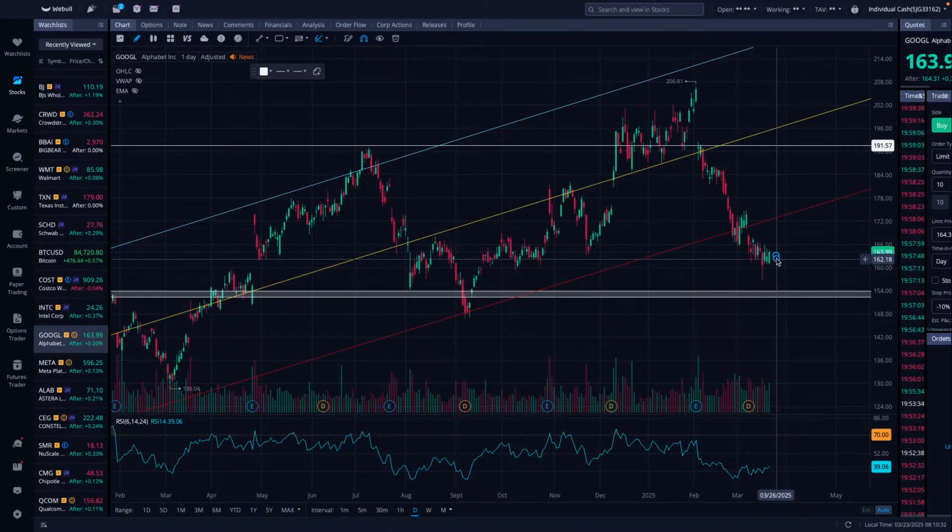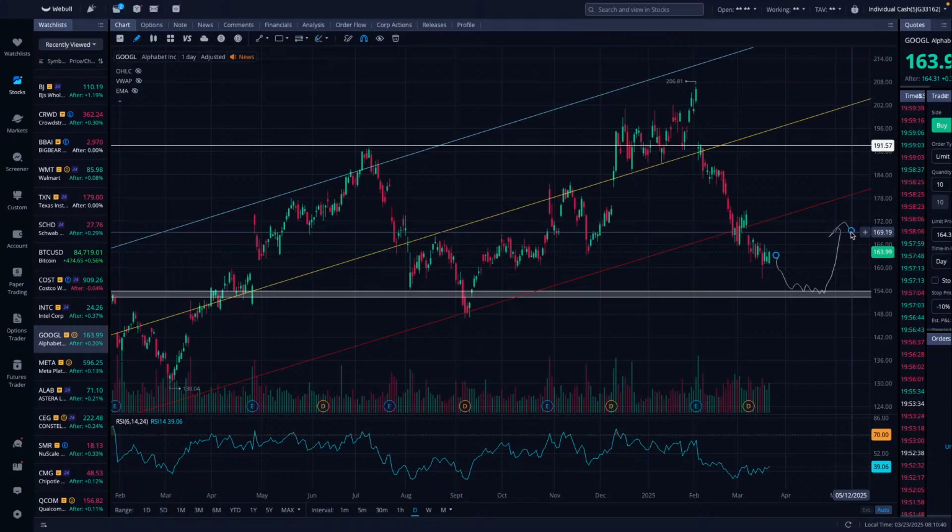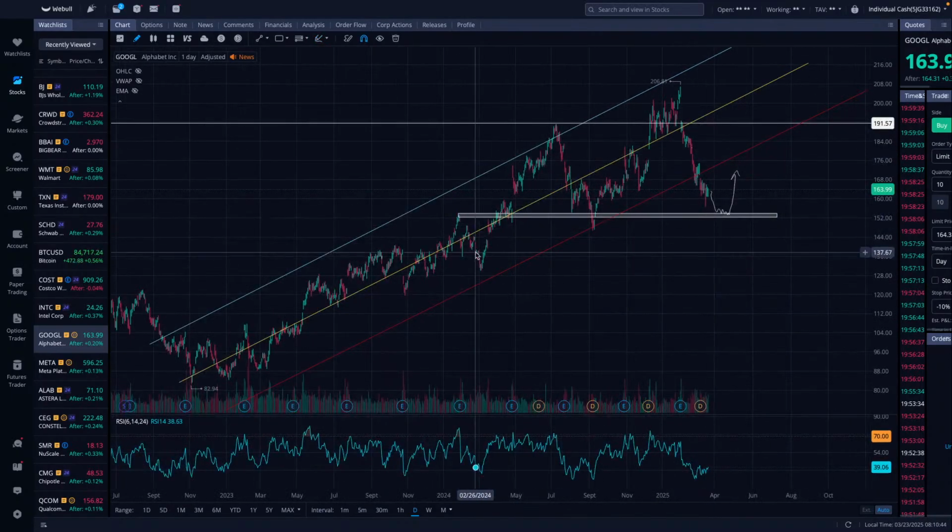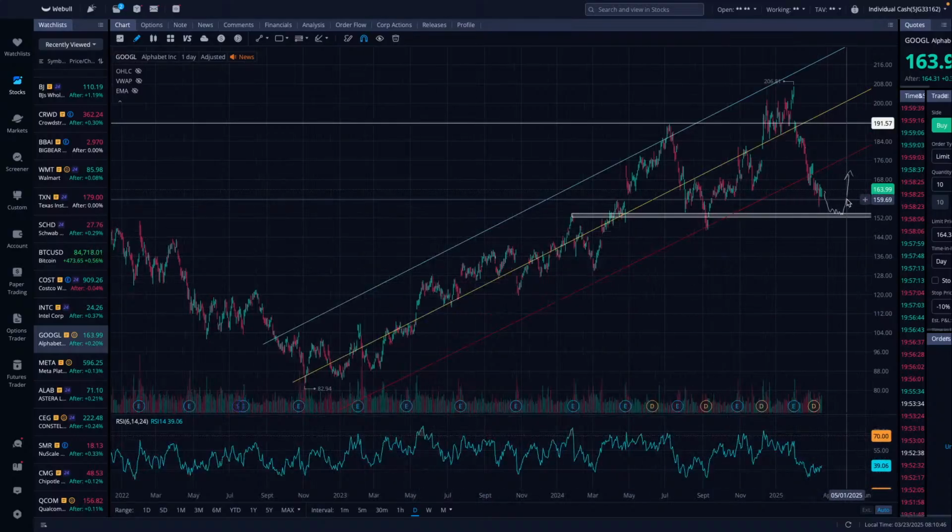Oh yeah, we'll take a look at Hood. So I'm looking at right here. I want this pullback at 155, and then I want to see that push back right here. That's what I'm looking for. It's got to get back into this ascending, upwards momentum channel right here. But at 155, I'm going to continue loading the boat.